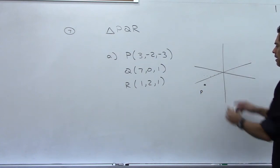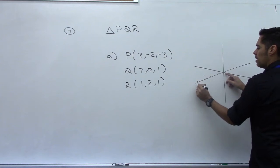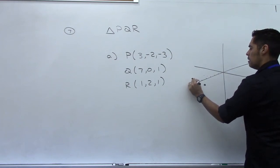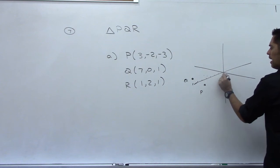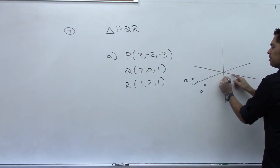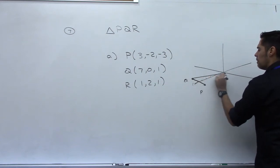And then Q, I come out 7 on X, 1, 2, 3, 4, 5, 6, 7 on X. I don't move left or right on the y-axis. I move up 1 on the z. So this is Q. And then R, I come out on the x-axis 1. I go 2 units on the y-axis, then up 1, which is somewhere around there. Now if I connect these together,